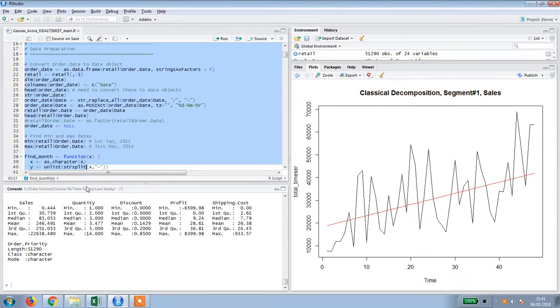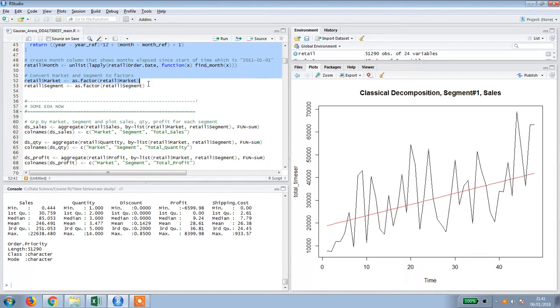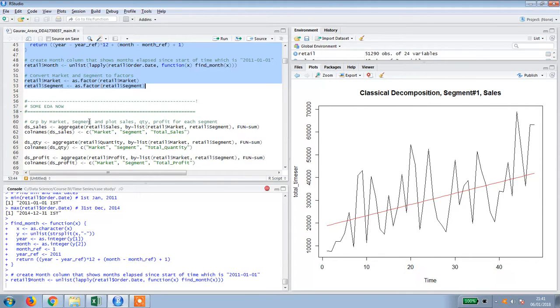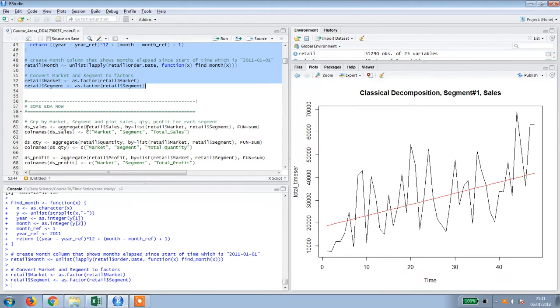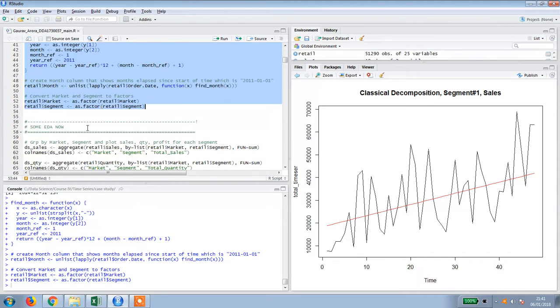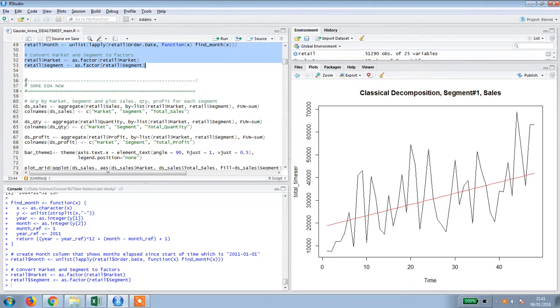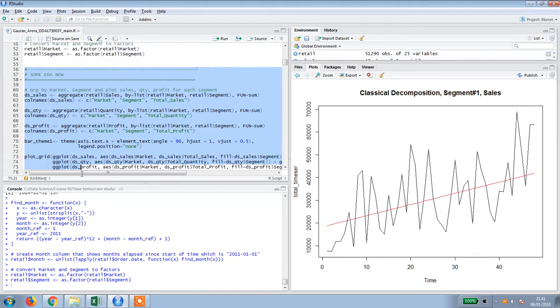We move on to the data preparation part. Using this data preparation activity, we find out that the data ranges between 1st January 2011 till 31st December 2014. So the data that we have is for 48 months. We move on to the EDA. We do some EDA now